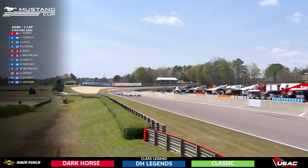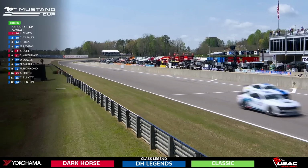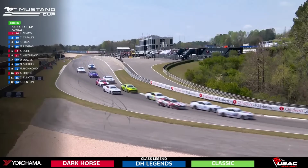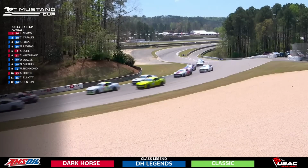So coming down the front stretch right now, we're waiting on the starter. They're bunched up. They're good and tight. The green flag flies here at Barber Motorsports Park. It's Ford Mustang Cup USA barreling down into turn number 1. Logan Adams got a terrific jump from that pole position, and he leads the field up and over into turn